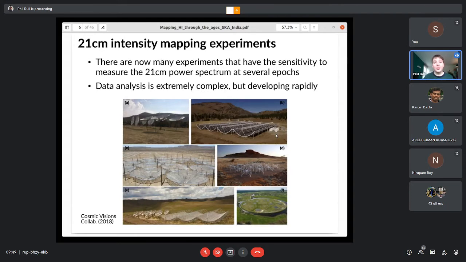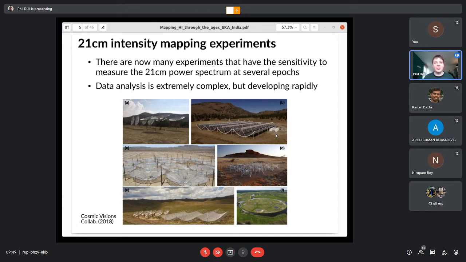Here's a kind of overview of some current experiments. I've been quite selective. I've only chosen a few. But you can see some of the variation in the way these things are designed. You can see some individual dishes in the top left. I think the one in the top right is CHIME, which is all of these half pipe kind of cylindrical reflectors with rows and rows of